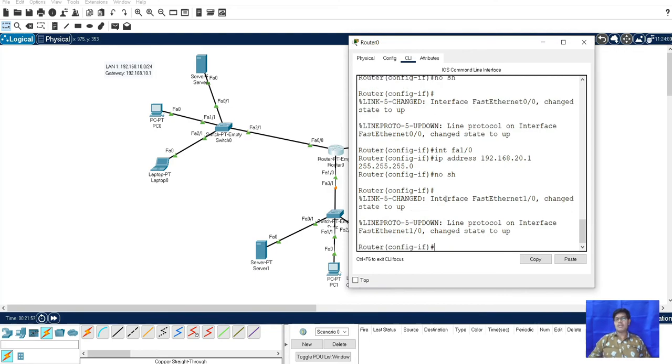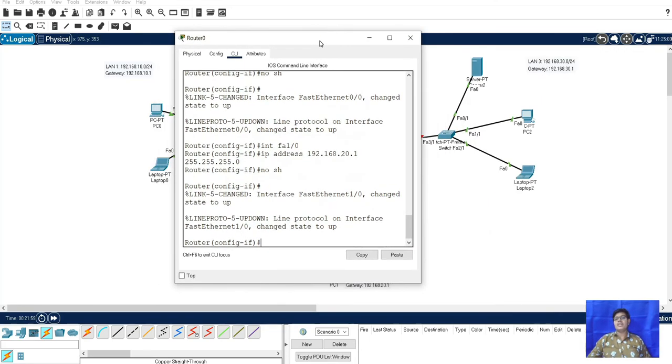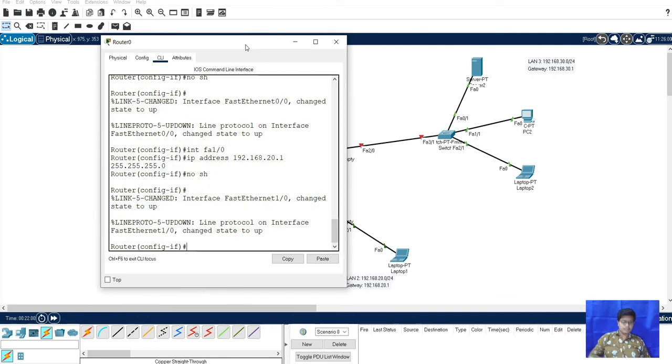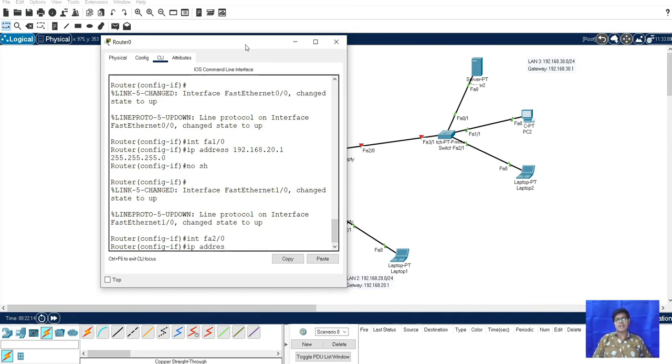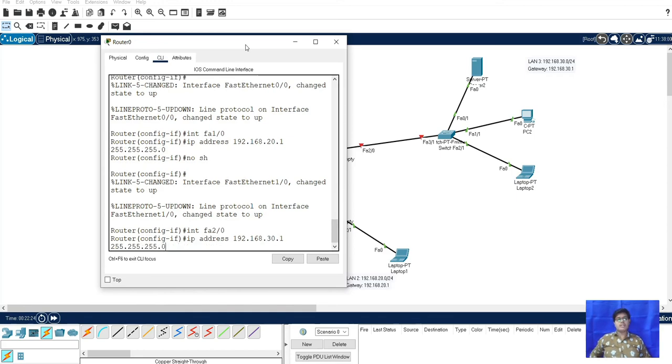After that we will move to the third LAN, that is 30. So we will type interface, that is FA, meaning fast Ethernet, 2/0, and IP address 192.168.30.1, and subnet 255.255.255.0.